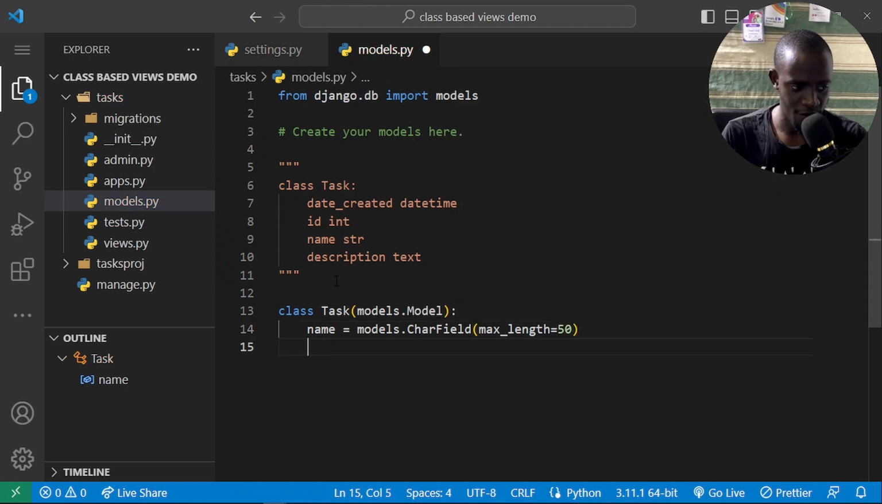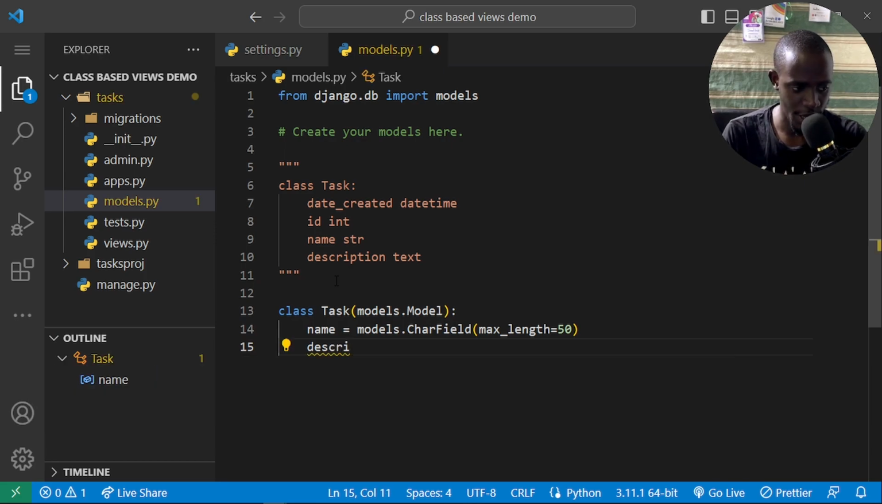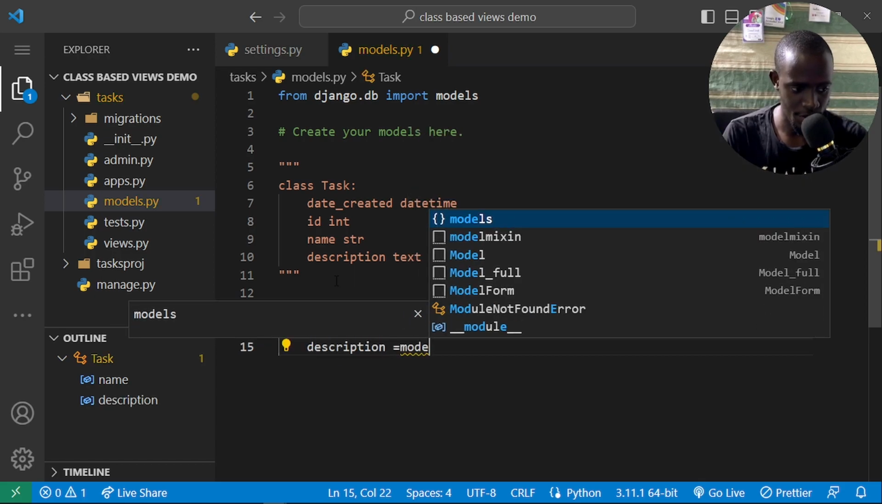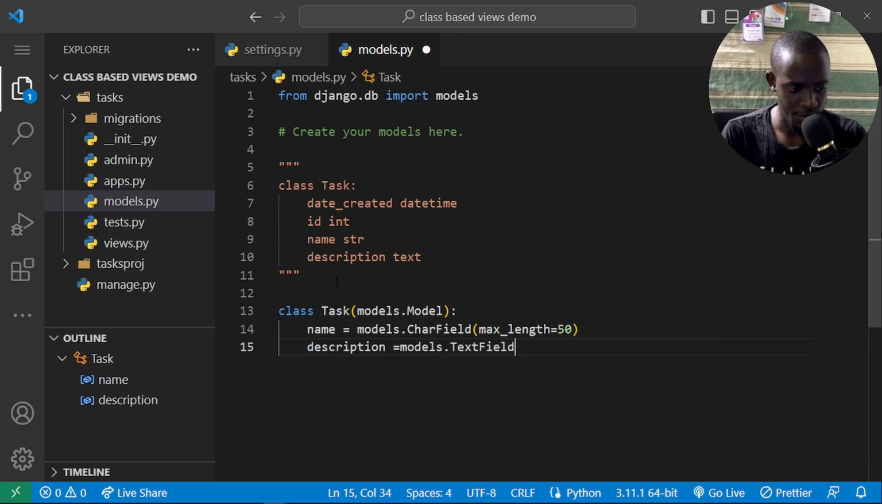The next thing we're going to define is going to be the description. So in this case we're going to say description, and this description is going to be models.TextField. And once we've been able to do that, we're also going to go ahead and define our date